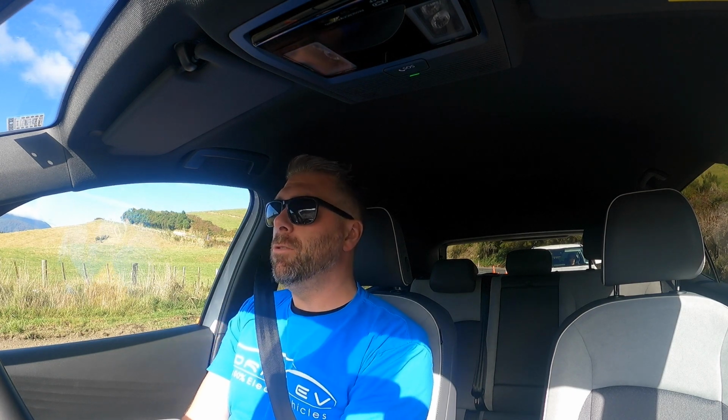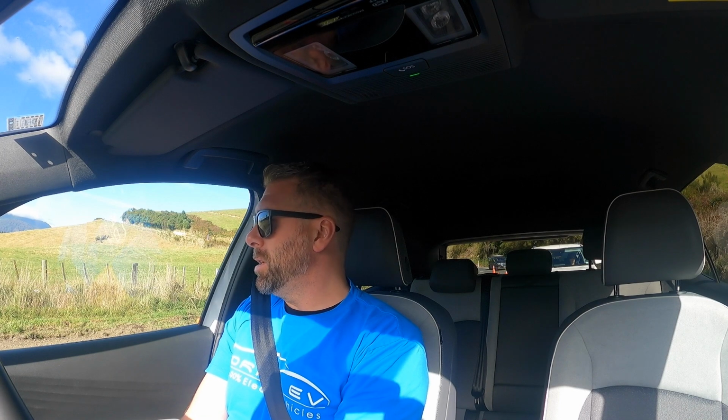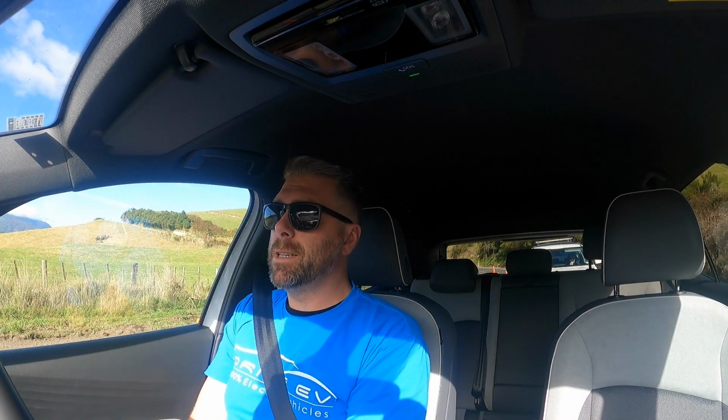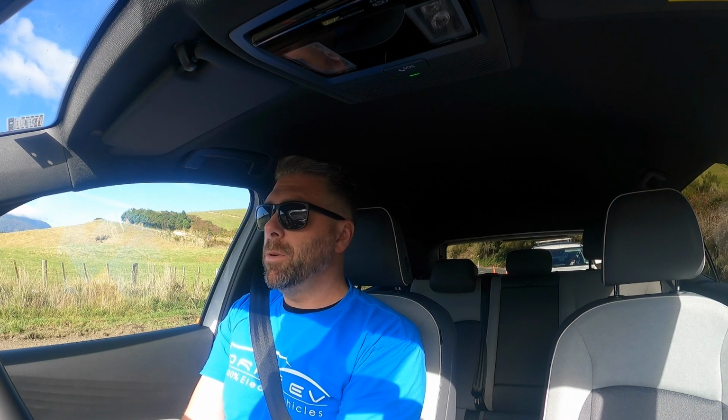So a direct comparison, Model 3, the iD3, it's well put together. It's really quiet and really comfortable. On the coarse chip roads here, we're normally getting a lot of road hiss and road noise through, and it's about 55 decibels when I'm not talking. That's quiet. That's really, really quiet. Probably even some of that comes from the fake cabin noise, the pedestrian warning system that comes in at low speeds. As I was coming up to these roadworks here,